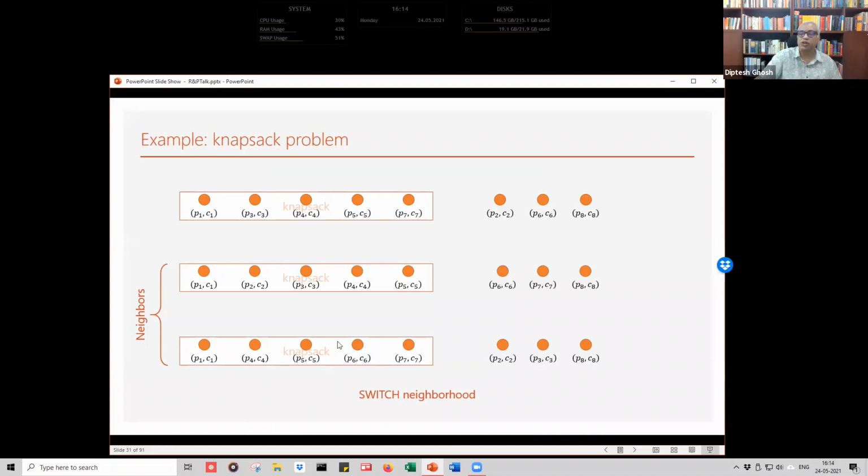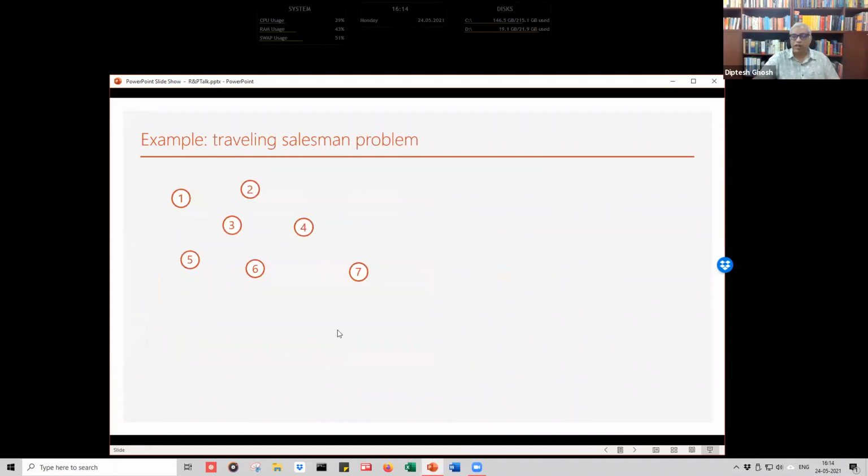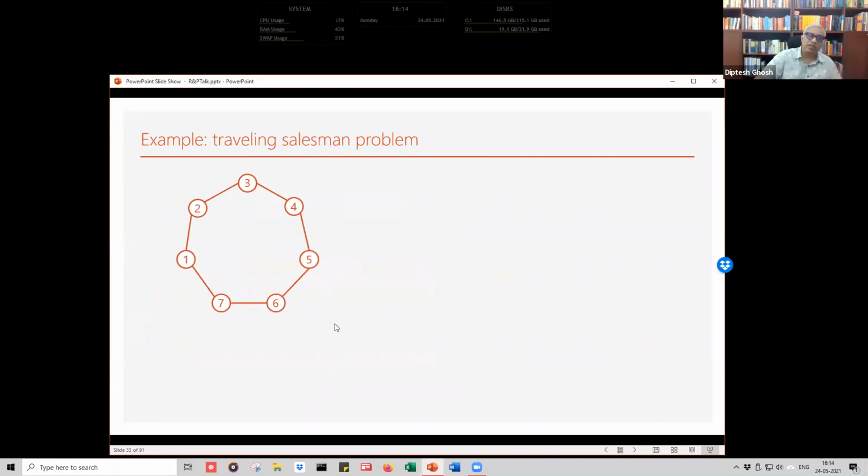If you look at a traveling salesman problem, I can talk about a tour of the traveling salesman problem. How do I generate neighborhoods? The way I would generate neighborhoods, one of the very, very common ways of generating a neighborhood for this tour is that you take 2 of the edges and remove them. So if you remove 2 of the edges, you are going to get 2 subparts of the tour. These subparts can be joined in by joining 2 to 3 and 5 to 6. That would give me my original tour, or I can join them like this. So 2 is joined to 5, 3 is joined to 6, which will give me a new tour,